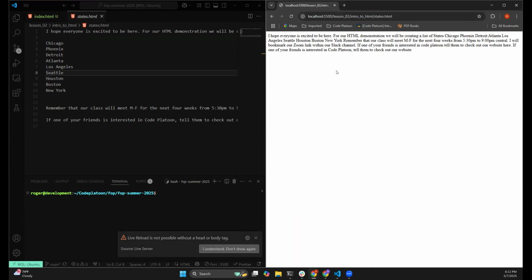You're going to see a couple things. One, you should be able to see the text, right? It will display the text for you, but notice what happened. Our live server gave me a notification. It said live reload is not possible without a head or a body tag, right? So it already knows that this is not an HTML document. It's just raw text. It is not HTML, nothing like that. So,